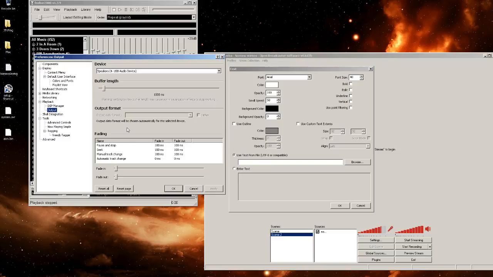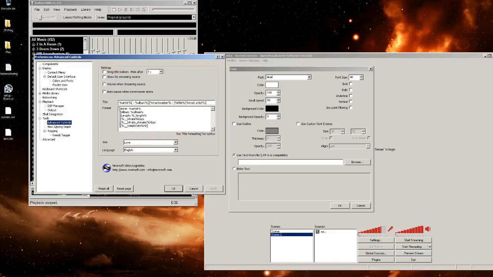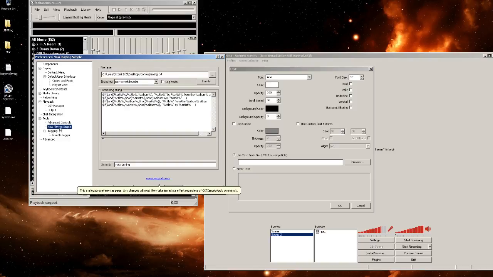Why is it not showing? Oh, here it is right here. Alright, this is the format it's going to show. And that's still not the right one. Where is it? Oh, here, Now Plain Simple. It's right here in front of my face. Anyway, your plugin right here for Now Plain Simple, you need to make a text file somewhere